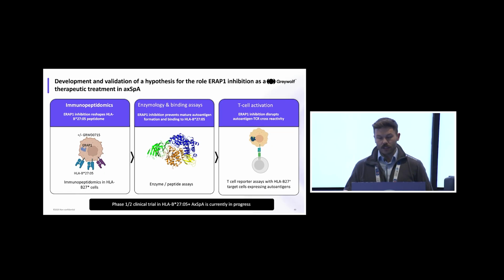And based on that hypothesis, we went on to do some enzymology and binding assays, and we show that ERAP1 inhibition not only prevents the mature autoantigen production, but it does so by the N-terminal extension of that peptide ablating binding to B2705. And then the final piece of the story was really the T cell activation. So if you create a system where T cells recognize this peptide, you can completely block that recognition by inhibiting